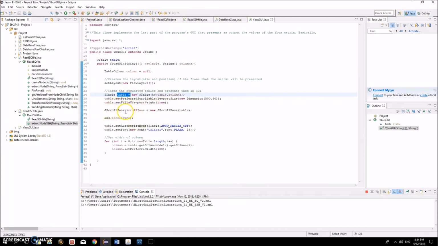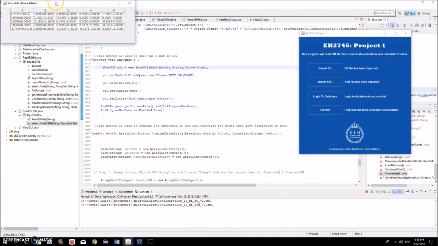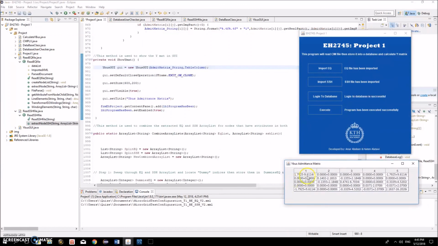There is a scroll pane here which was made with the intention of making the code applicable for a system with a large number of buses and thus a large Y matrix. So if we execute the program, we can find that the Y admittance matrix